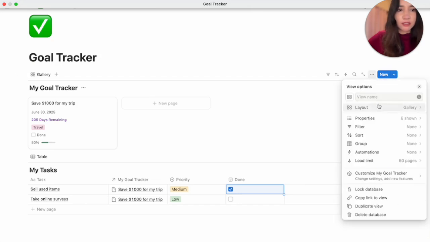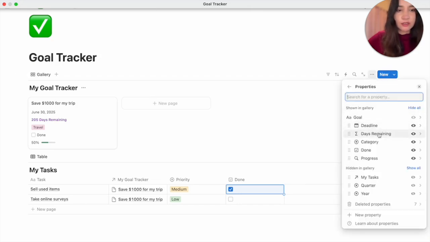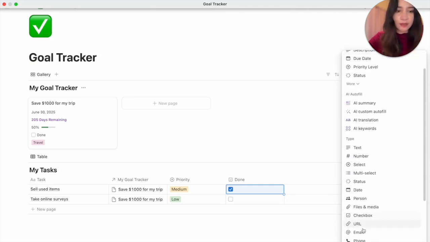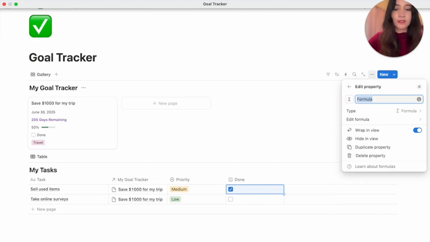Let me rearrange the order. Okay, deadline, I want my progress here and my category at the bottom. For the deadline, you can leave it as it is. I like to add a label that says deadline and then the date. So if you want to do that, you would go to new property, formula, and this would just be